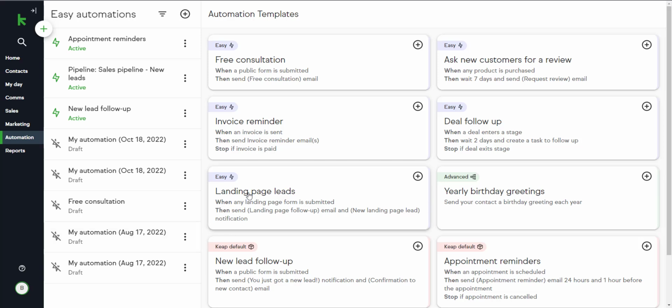Thanks for joining me. I wanted to talk to you today about the difference between easy automations and advanced automations within Keap, which used to be Infusionsoft, of course. Now, Keap is a great all-around tool. It really gives you a lot of options to run your business, a lot of tools that give you different